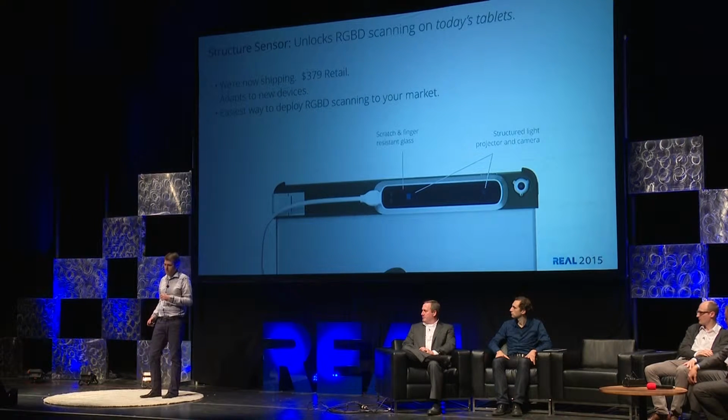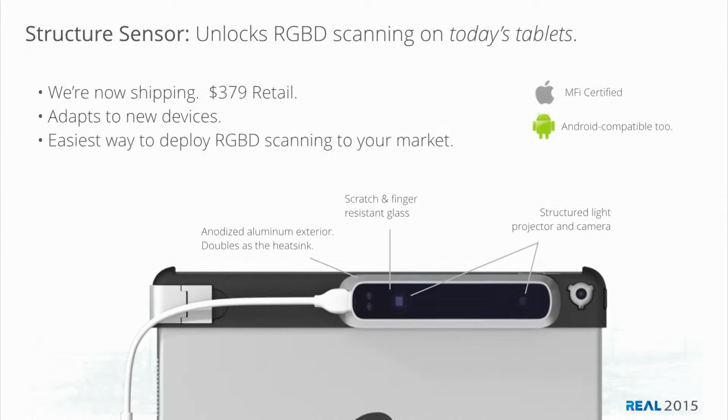So one of the things that we did to try to get to a larger audience is to make the hardware first as simple as possible. We took the power of the Microsoft Kinect, and then we worked with the designers of Fitbit and Lytro, two popular consumer devices, and we threw away as much of the complexity as we could in the Kinect, and we built the structure sensor, which is a device that you can attach to an existing tablet today. You can attach it to an iPad. You can attach it to an Android tablet.